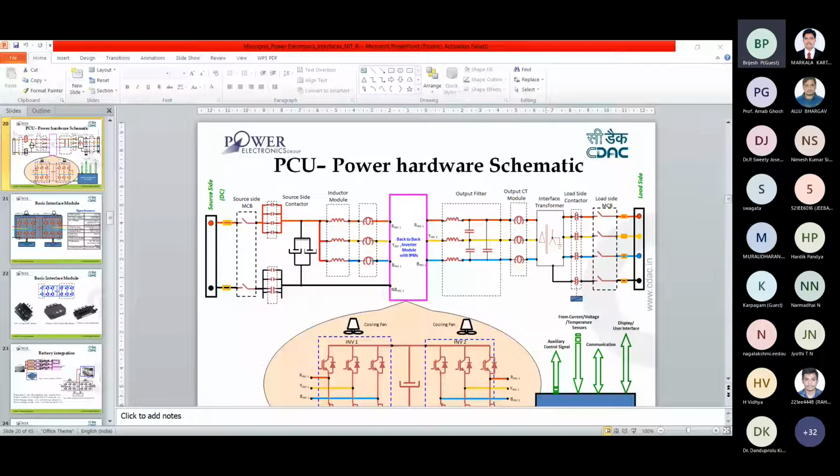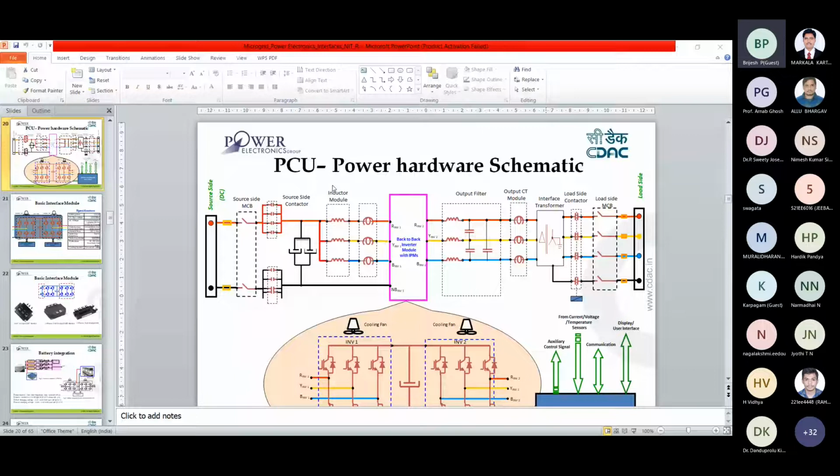This is our digital hardware. In this case, we have two DSPs and one FPGA. The first DSP will acquire all the ADC signals, that is analog signals. Every measurement will be taken care of by the first DSP, and algorithms will be running in the first DSP, and the reference signal will be given to the FPGA.